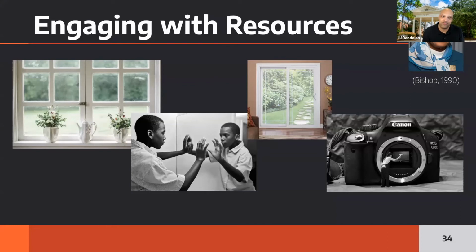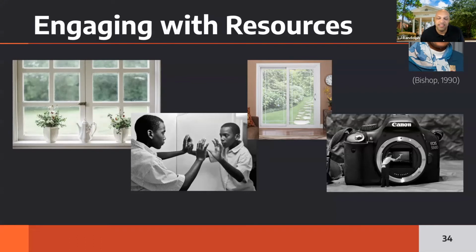And we add to that, it should be a lens, so that we're looking at how what I see when I look in my mirror affects the things that I experience when I go through that sliding door, realizing that those are not objective experiences, that they are different for everyone in our class. And so really focusing on how our identity impacts the way that we experience the resources